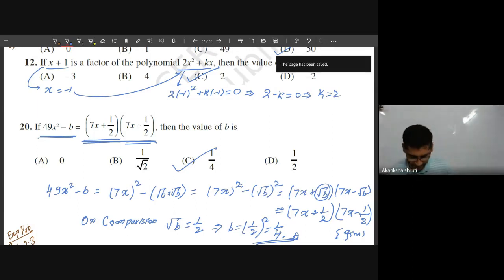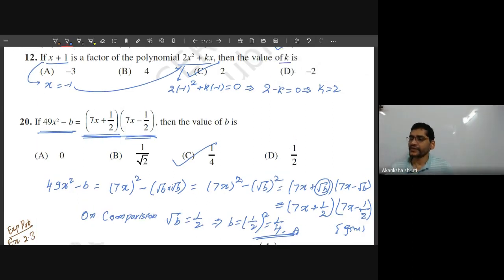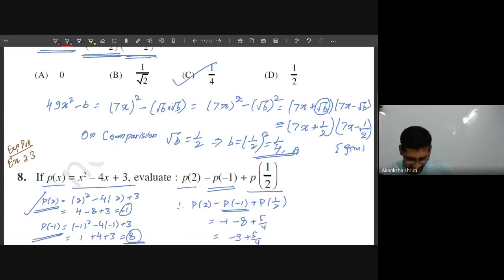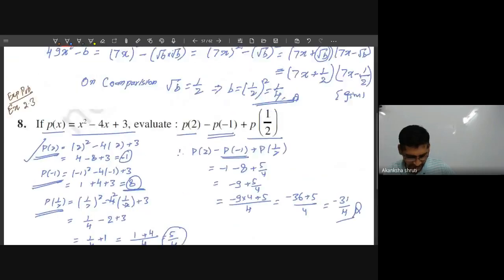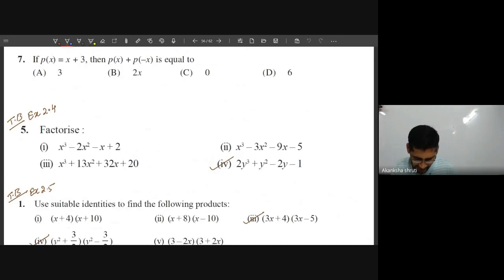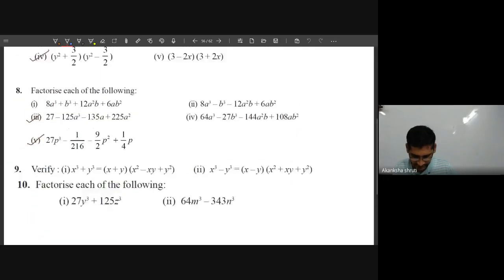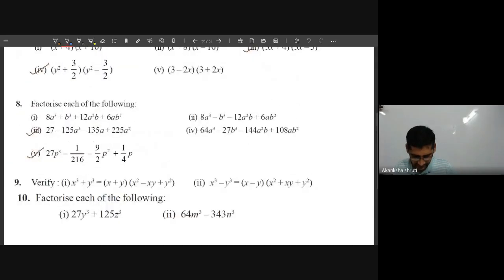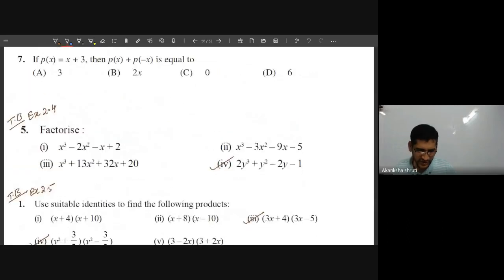Student, I think we shall stop the class. Remaining next day, if any doubt, I will continue with these doubts. If not, then we will start with the new chapter of physics. I have collected some questions, though most of them I have already done, like factorization and all these things in the previous classes. Please try these collected questions. See these videos, write the questions once again and try them. If you could not do it, then we will do it.